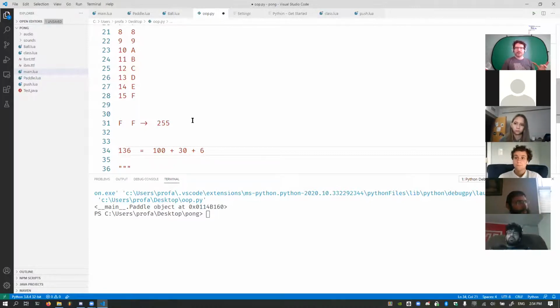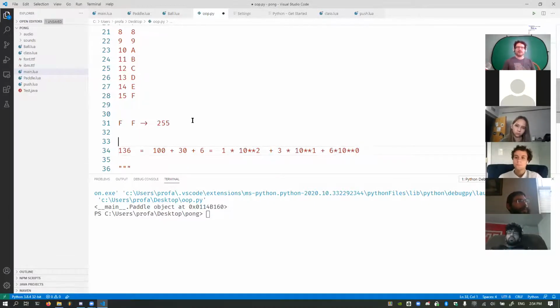That's equivalent to 1 times 10 squared plus 3 times 10 to the first power plus 6 times 10 to the 0th power. This is what it means by base 10. We've got a 1 multiplied by 10 to the second power, a 3 multiplied by 10 to the first power, 6 multiplied by 10 to the 0th power.